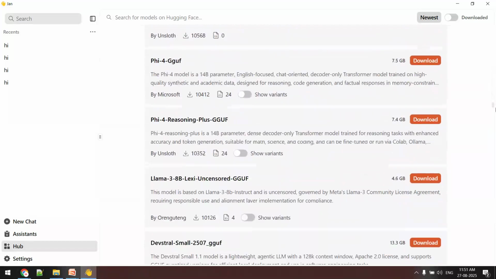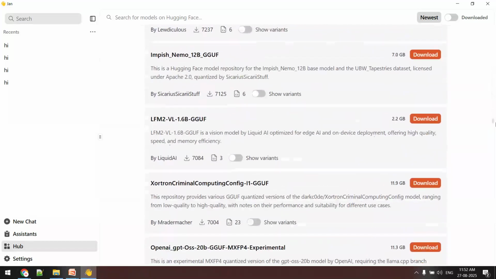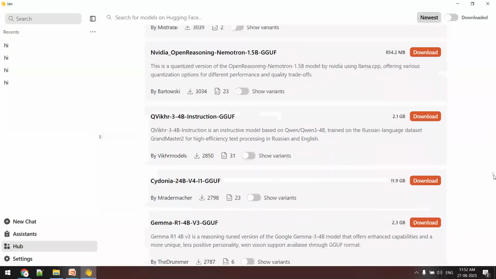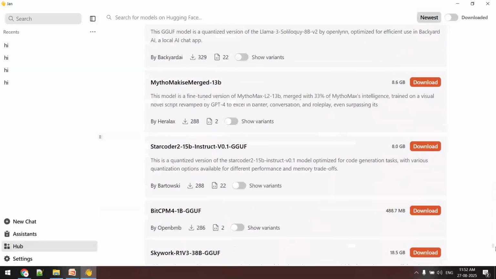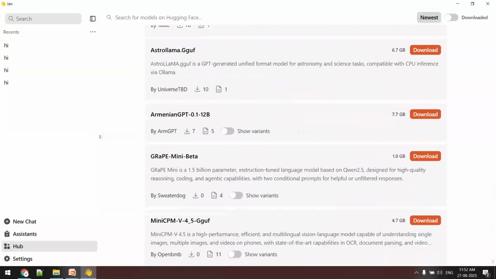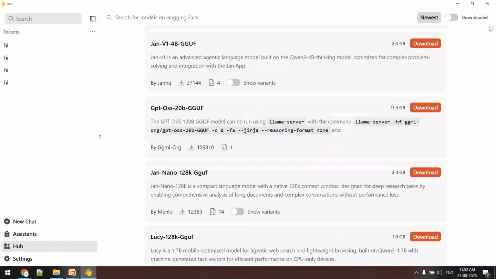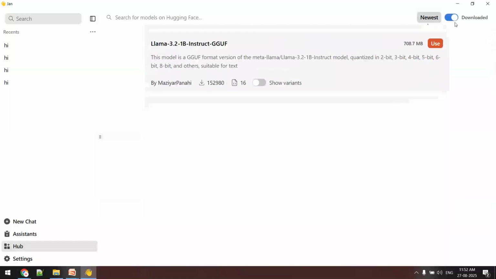If I am downloading a setup or a complete LLM of 400 GB, then obviously my hard disk should support that specific resource. So you can see thousands of models from different corporates. All of these I will be able to download. Which do I want to use? You can see download. This Llama I have downloaded. It has complete data and is quantized in 2-bit, 3-bit, 4-bit. This is known as quantization in data science, in artificial intelligence,